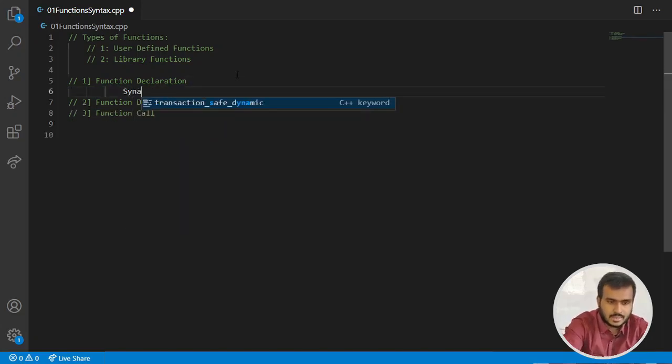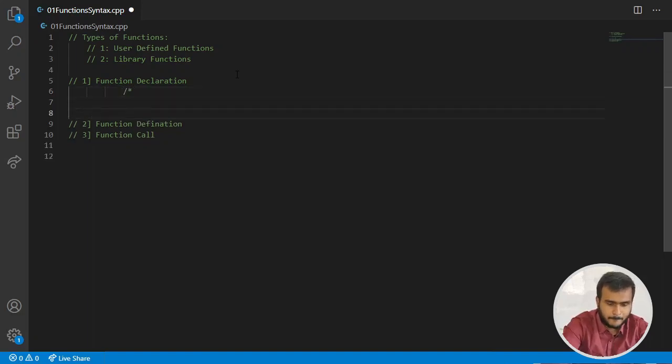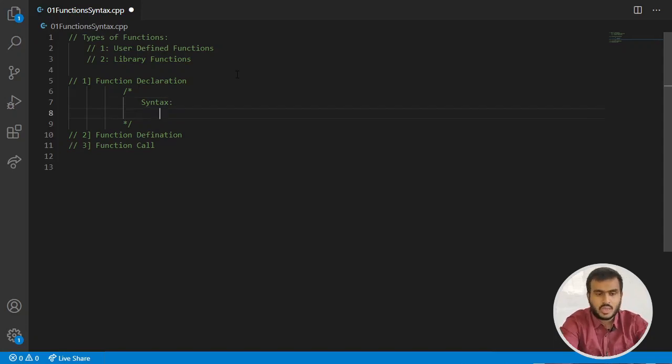So syntax, it's very simple. What you have to do is write the return type of a function. I'm going to explain what this return type is, but you have to write the return type of a function, followed by the name of your function,